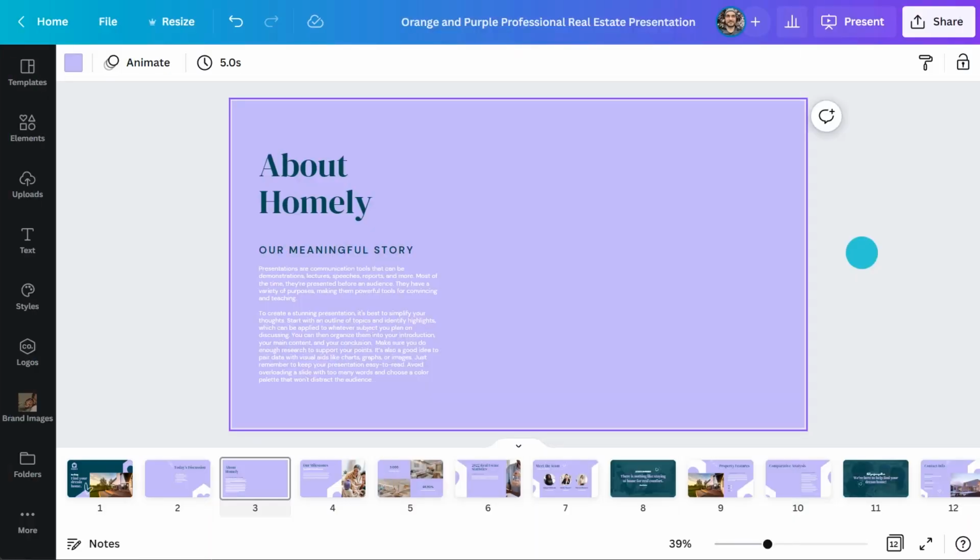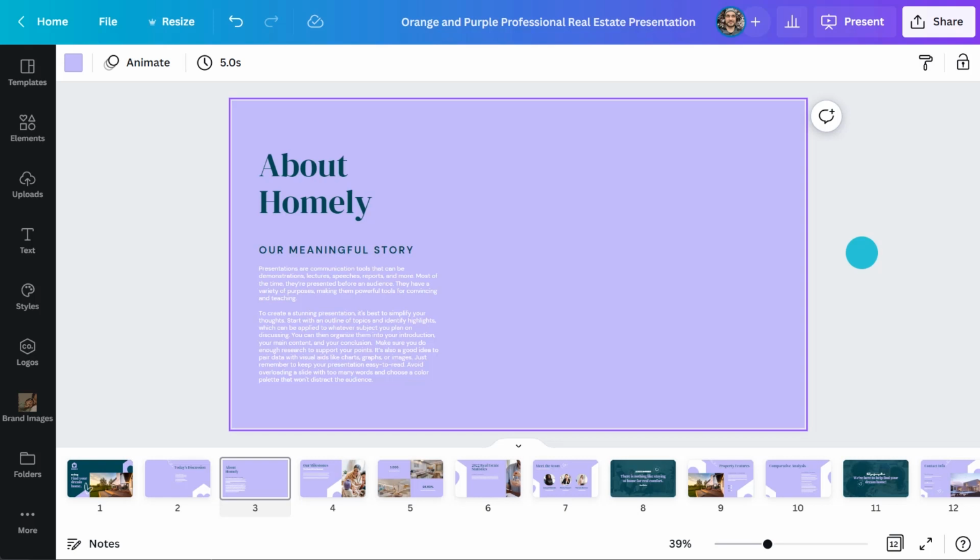Here we are in the Canva editor. I'm going to use this presentation design and make it a brand template, so it's accessible by my whole team. I've added a range of slides, so this template will have a slide to cater for any use cases. First, let's look at a few more design tips.